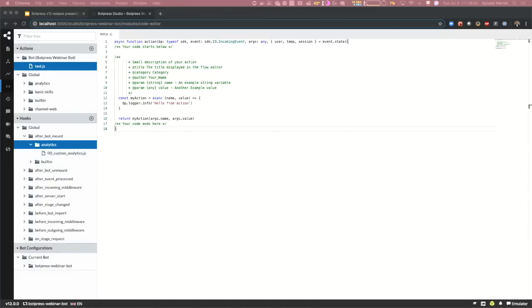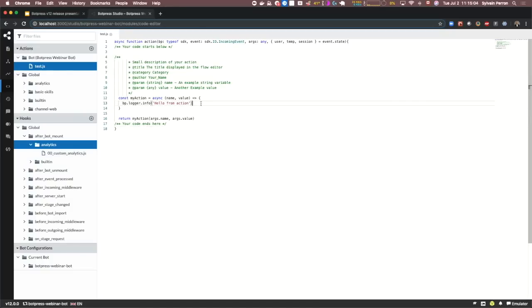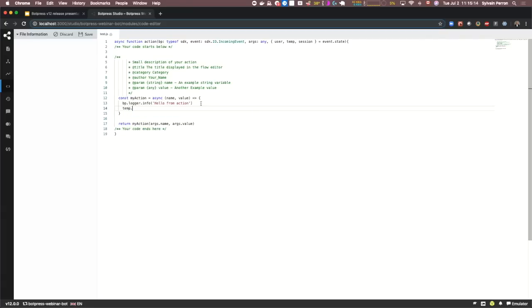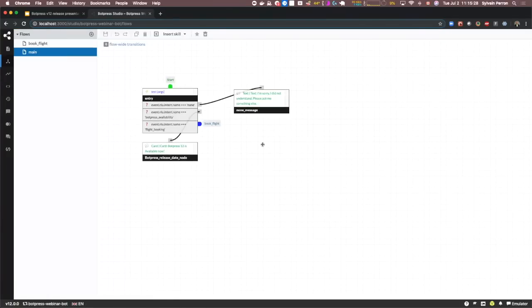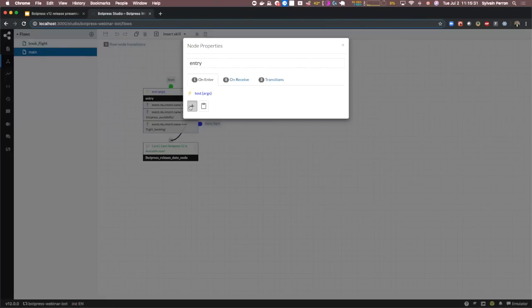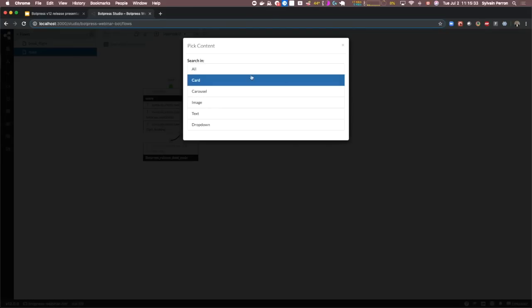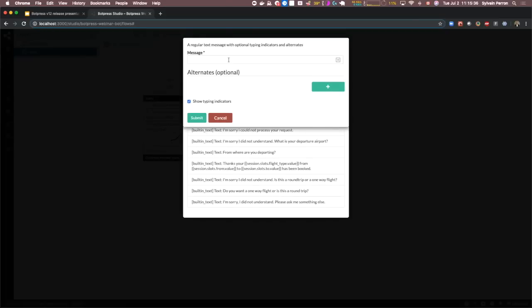And so one thing when you're editing and you're creating actions is that often you will expose variables to your flows. So if I type here temp.username equals Celine, and I save this, this variable will be now available from the content editor. When you type